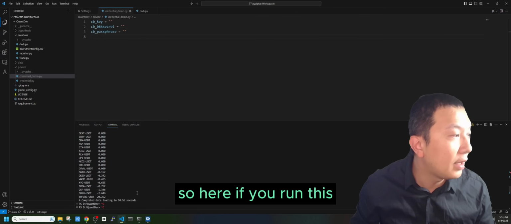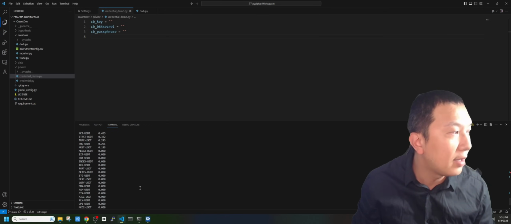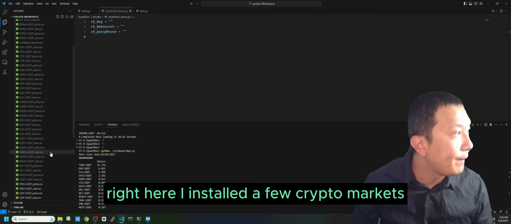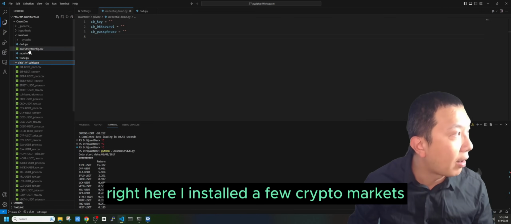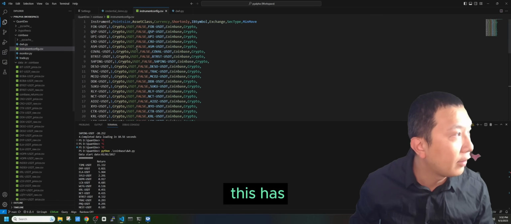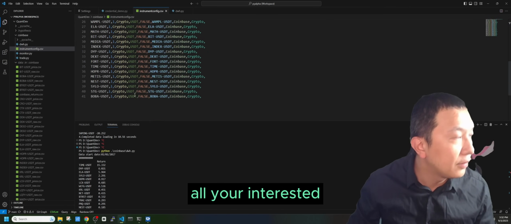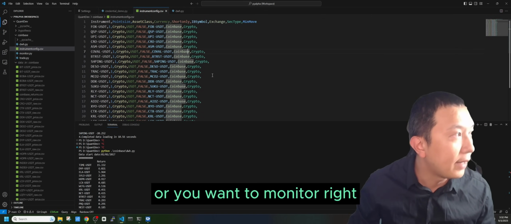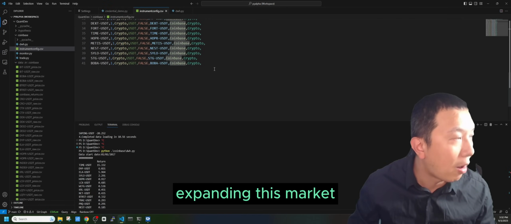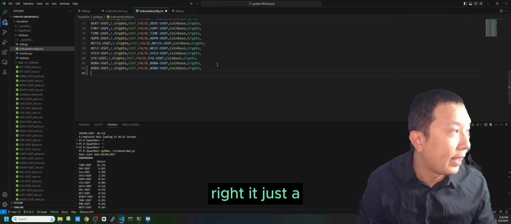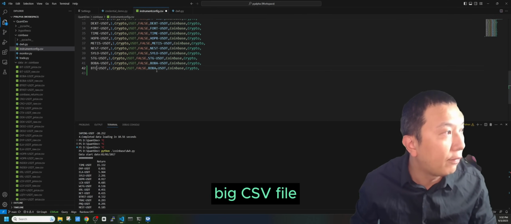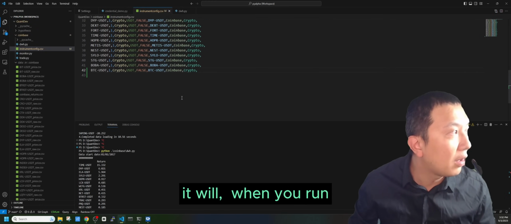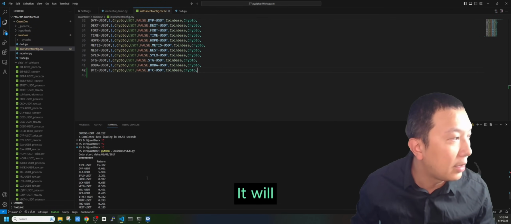So here, if you run this DWH script, python dwh.py, you see that you have all the data downloaded locally. Right here, I installed a few crypto markets. When you open the instrument_config.csv, this has all the crypto markets you want to trade or monitor, right? So you can keep expanding this by adding a new row here. It's just a big CSV file where you can do a lot of things. If you add a new row here, when you rerun the DWH again, it will download